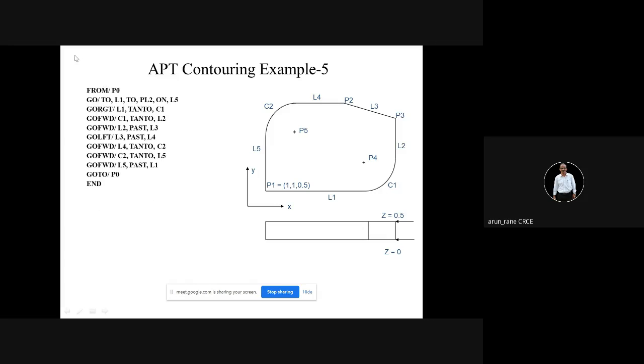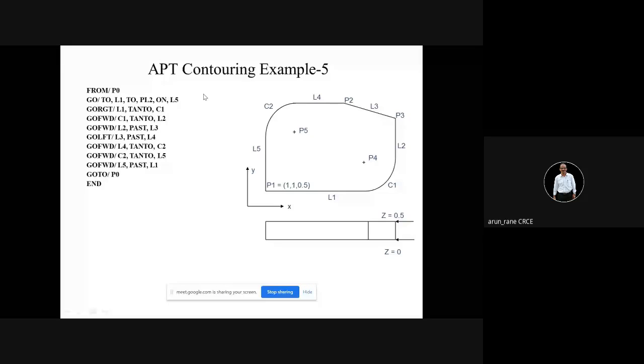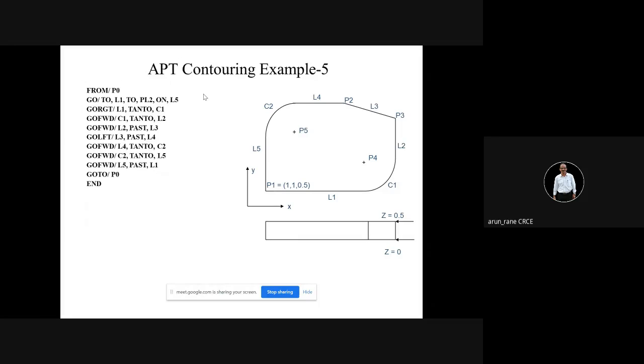And before this, you need to start. Now here, after go to P0, you can say spindle off, then coolant off, and end and fini. And before this, you need to write machine, that is mill number 2, then spindle say 1000 rpm, then feed say 100 millimeter per minute. So this is sufficient, I say.